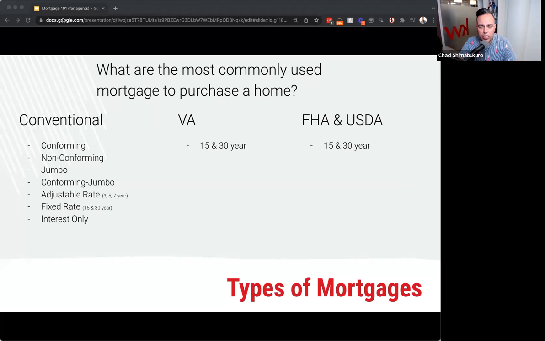And then there's FHA and USDA. FHA and USDA are both government loans, just like the VA. So in lending we call those govies, or government loans, because there's some sort of government entity or administrative service that underwrites and processes those loans. So the nuance between all three of them is VA is for veterans only. They have a 0% down payment, which is amazing. For veterans, you absolutely can put money down to lower that payment even further, but that's the benefit that veterans and active duty who qualify for it have.